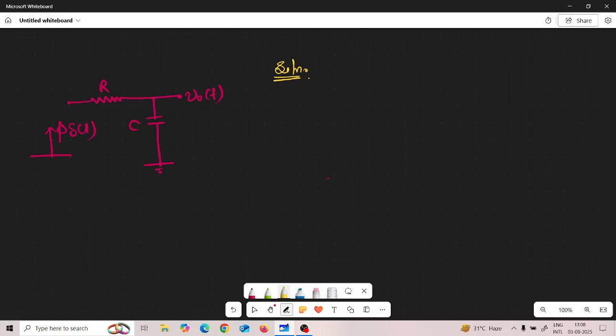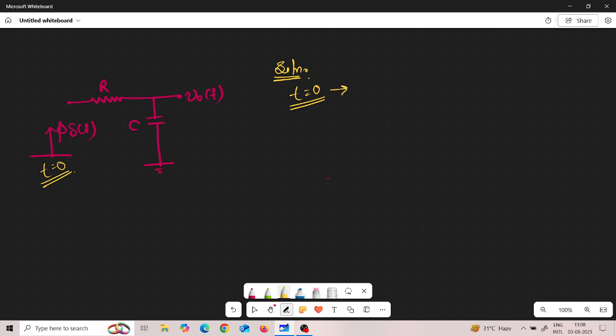So hello, today we are going to discuss the impulse response of a first order RC circuit. This is an impulse voltage applied at the input, and we have to tell what the waveform of the output voltage will be. Here the impulse is applied at t equal to 0 seconds. So at t equal to 0, when we apply the impulse signal,